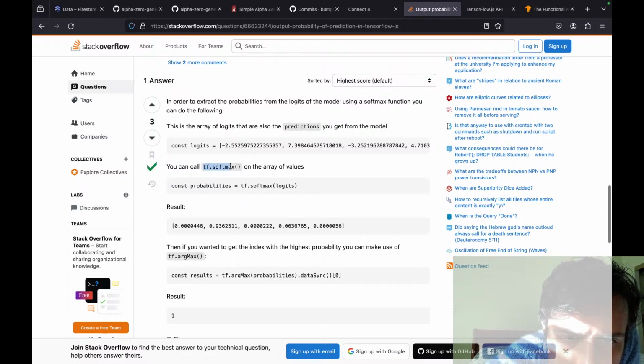There's no need to do tf.softmax because the neural network has a softmax activation function in it. It already sums to 1.